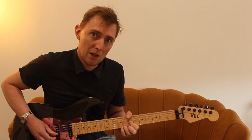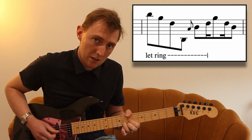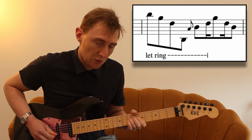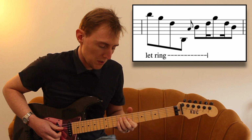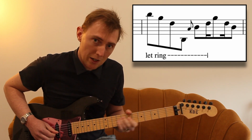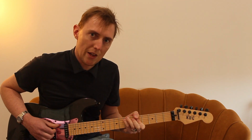Then we use the same lick to do the G chord, 1 and 2 and. Then we have a tricky little bit in here, 3 E and A, 4 E and A. This would sound like 1 E and A, 2 E and A, 3 E and A, 4 E and A. Then we fall on the A minor,